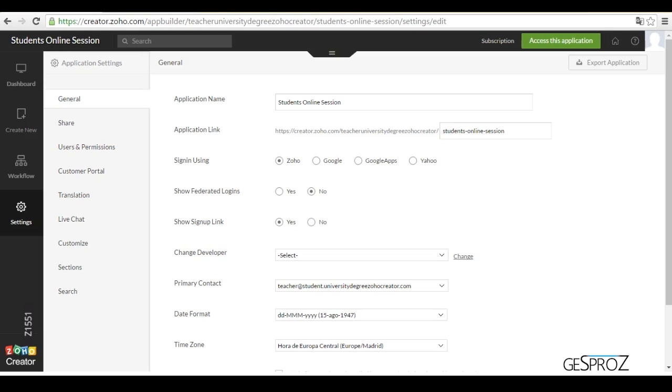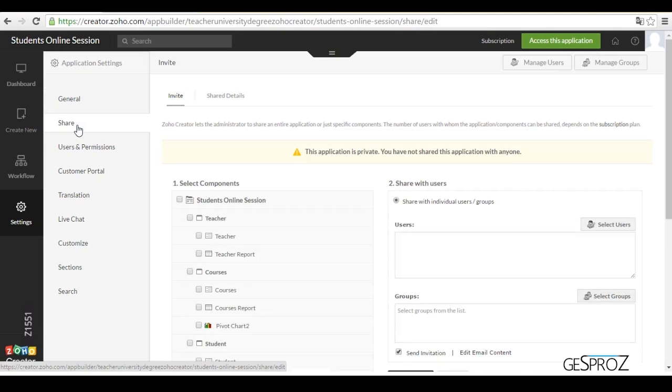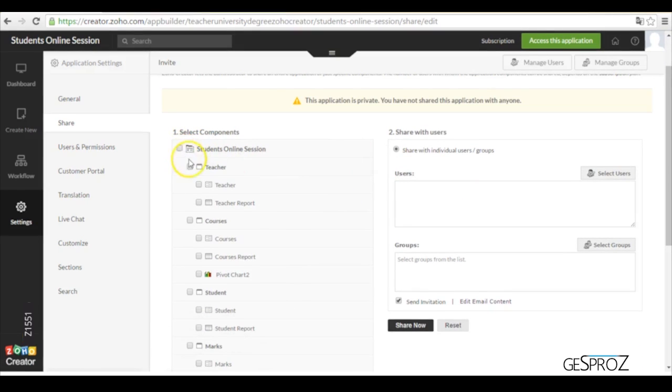To share an application of this type, we go to the share section, and from there we can select the different elements of our application that we wish to add to the email of the